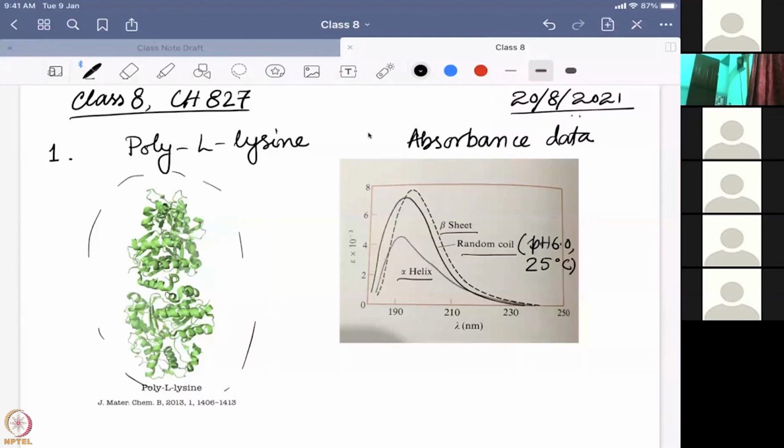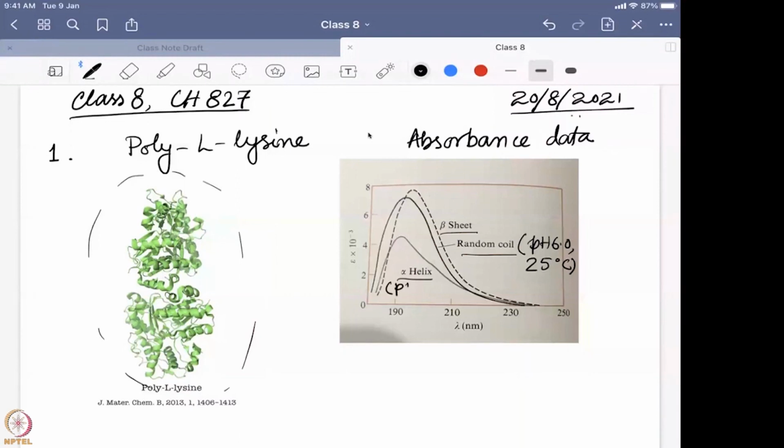Then they changed the pH to 10.8 and found that it is forming an alpha helical structure. You can already see a huge number of alpha helices present. So at 25 degrees centigrade, at a very high pH close to 10.8, all the random coil automatically forms